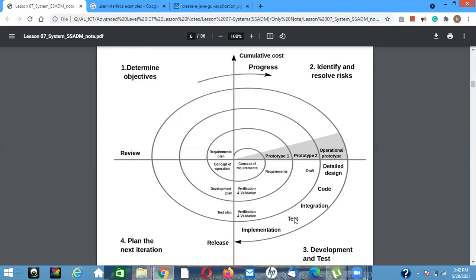coding, integration, testing, implementation. This is like the waterfall model. But the only thing is, here some iterative things are happening. Iteratively, within each task, it is doing the requirement analysis or requirement planning. That can be given any name, but something similar is happening in the beginning of the